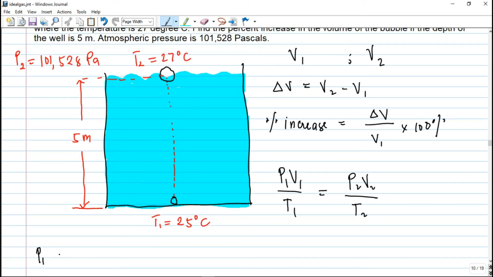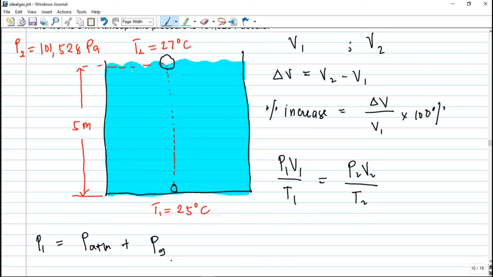So, our pressure 1 is equal to the atmospheric pressure plus the gauge pressure. Our gauge pressure is the pressure due to the height of this fluid. So, we will just add the pressure of the atmosphere, then the pressure exerted by this fluid in order to find the pressure at the bottom of the well. So, that is atmospheric plus gauge pressure. So, our atmospheric is